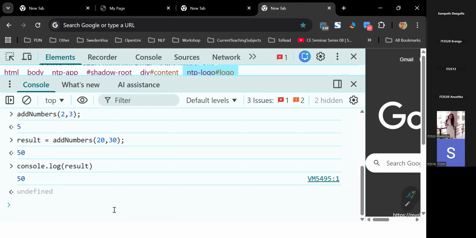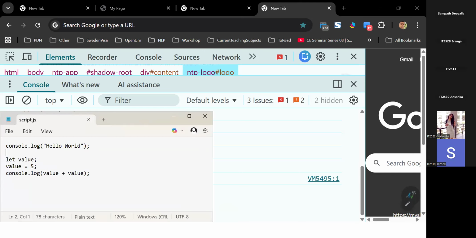Now, let me give a small code and let's see what happens. For this, I'm going to write a small script, using my previous script file. Let me go to scripts and type a simple